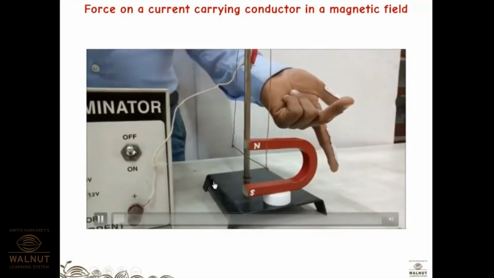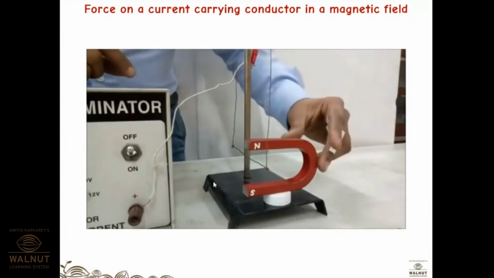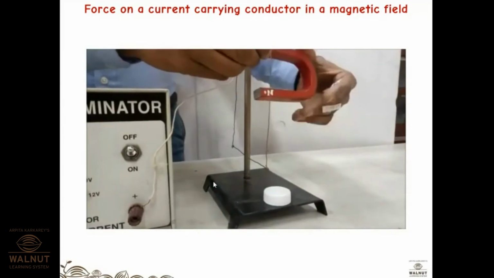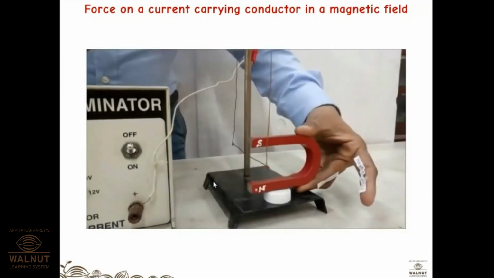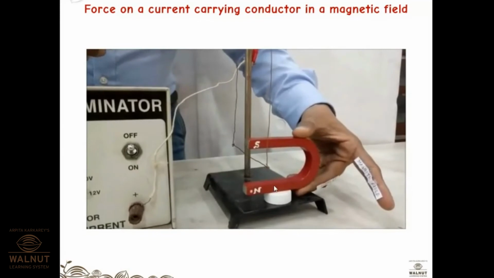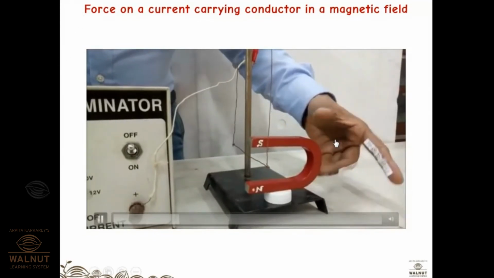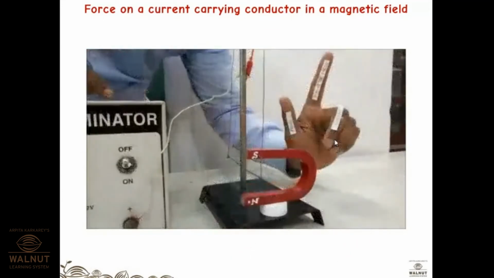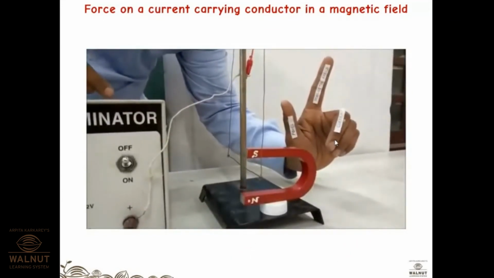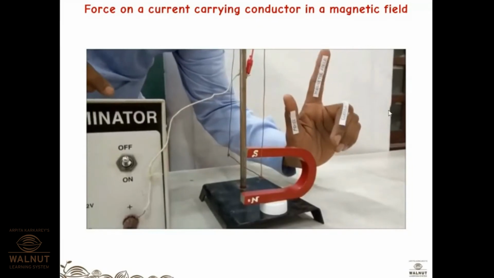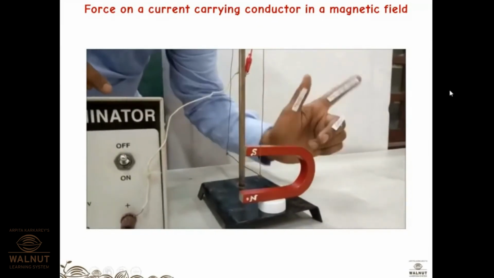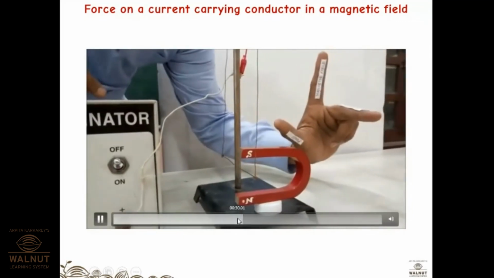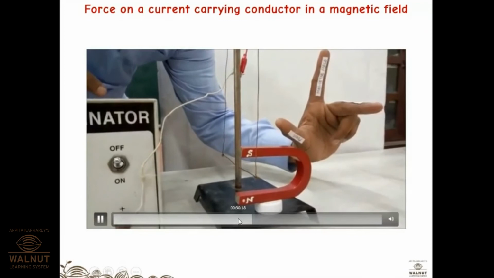Direction of the magnetic field. What happens? To change it, let's turn this magnet upside down. Now we can see that the south pole is up and the north pole is down. Now let's first use the left hand rule to predict where the deflection should be. The magnetic field is from bottom to top. The current in the wire is from back to front, so fingers are now aligned. What about force direction? The thumb is showing it. It is pointing to the left.